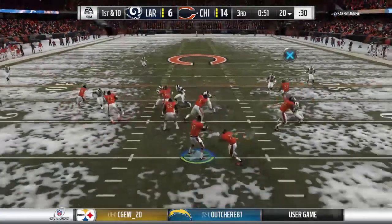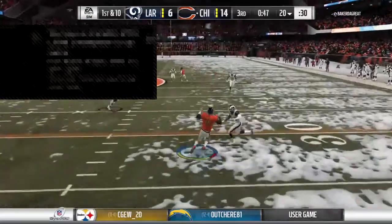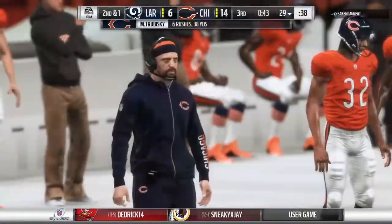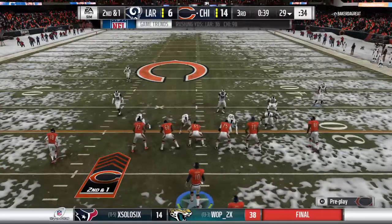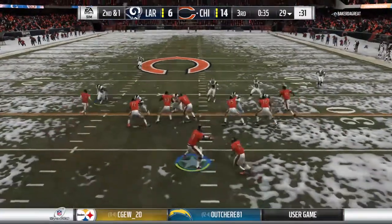I would think that they would, because if they were confident enough to do it on the last drive, starting backed up in their own territory, why would you change anything? They've got to be confident about what they're presenting and continue to do so. Yeah, because the secondary, they really look clueless. And that was amazing because that drive went and went, no adjustments, and no big plays by the defense to